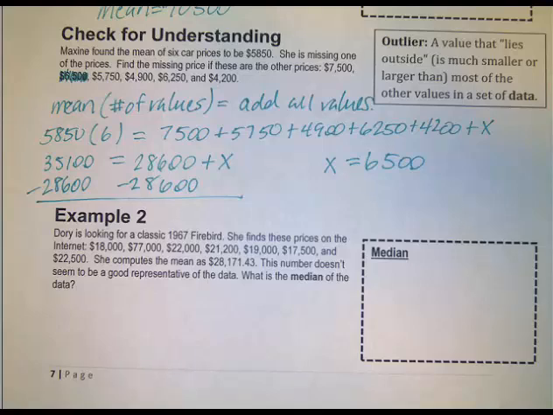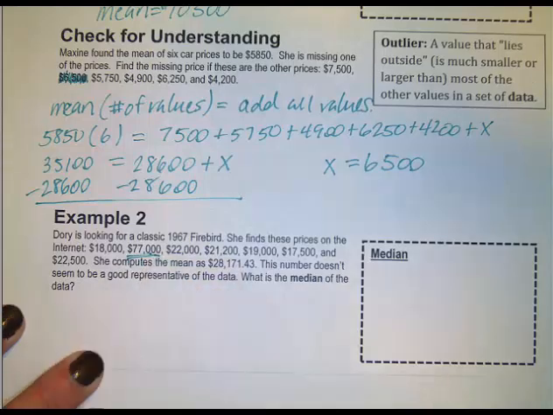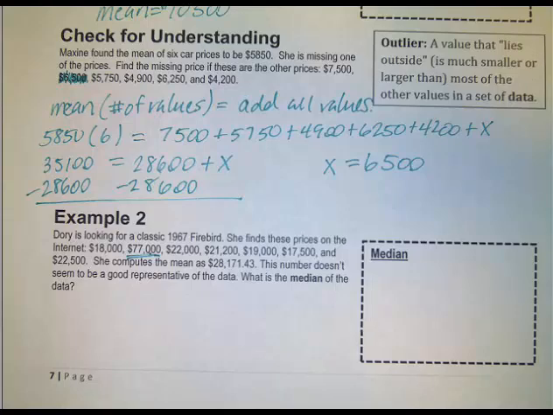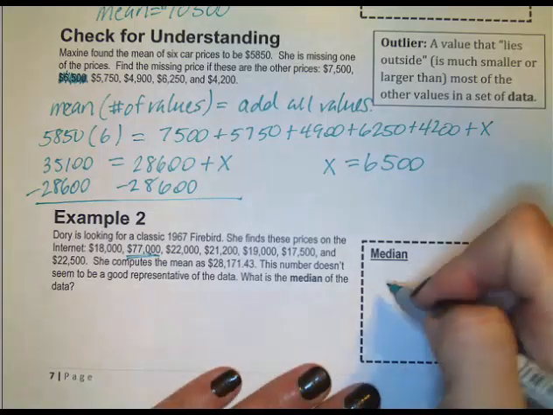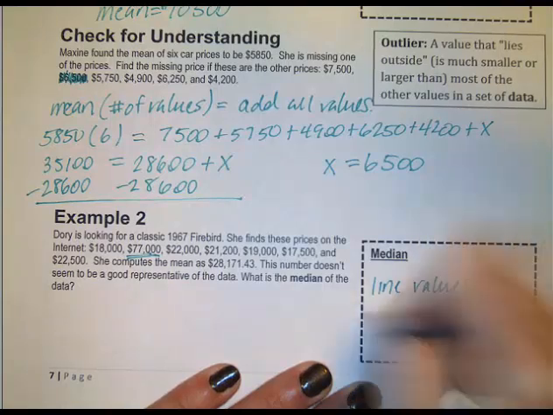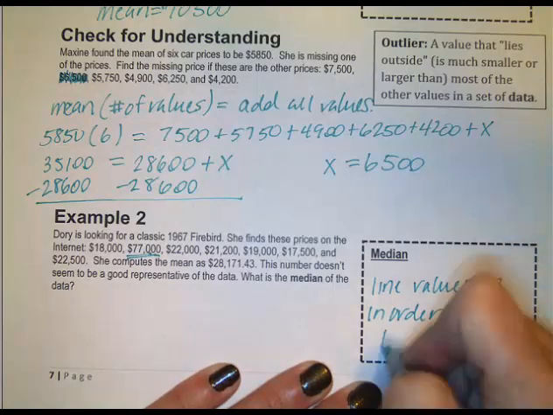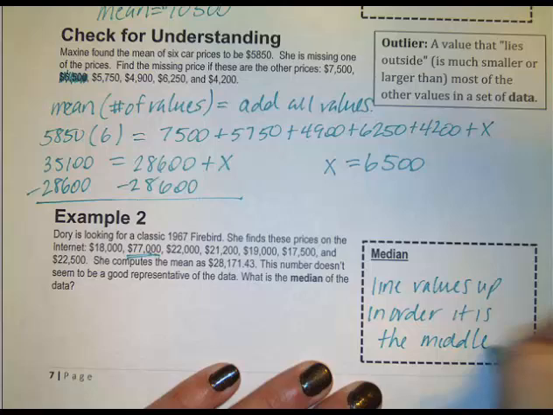Well, this is the problem right here. This 77,000 is pulling the mean up. It's making it too high because that's an outlier. So the median might be a better description. And remember, the median is the middle number. So when you line values up in order, it is the middle. So if we put these in order,